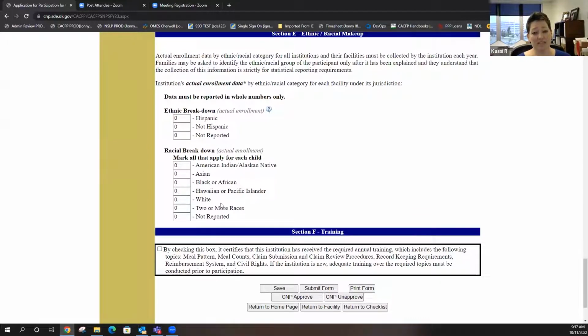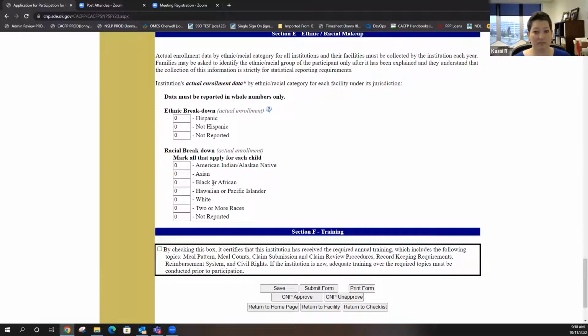And we had to turn off this edit, because if a parent doesn't report the race or ethnicity of a child, which they don't have to, there's no way for you to get the correct information for it to add up and equal your enrollment. And that has been required for years and years. Last year, and maybe the year before, I can't remember because COVID messed everything up, we had it where every kid had an ethnicity and every kid had a racial breakdown. If that had to add up to be your enrollment and it was not reported and you couldn't assume the child's race or ethnicity, you're at a loss.